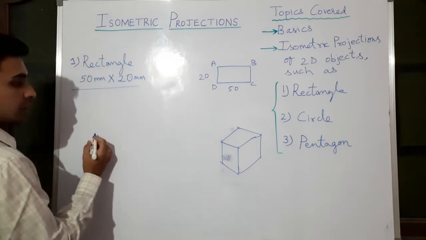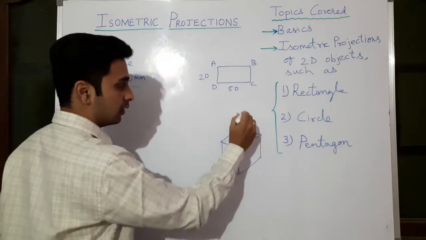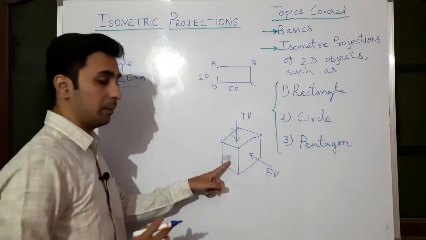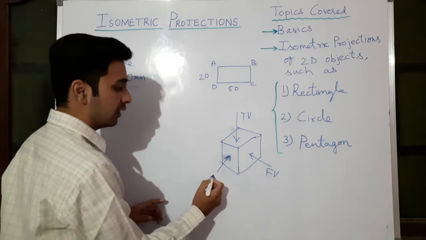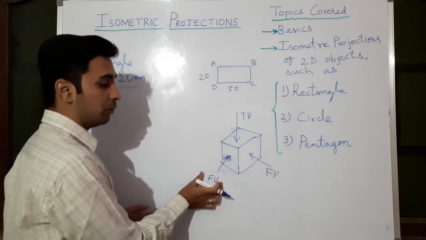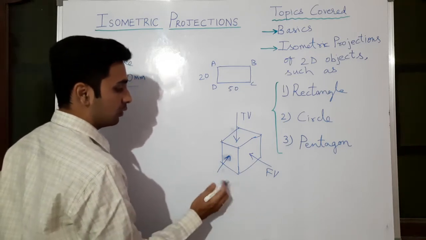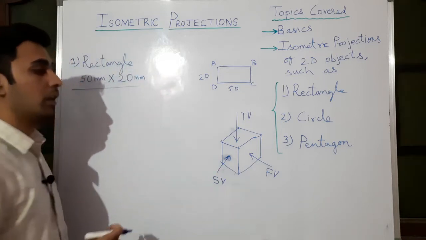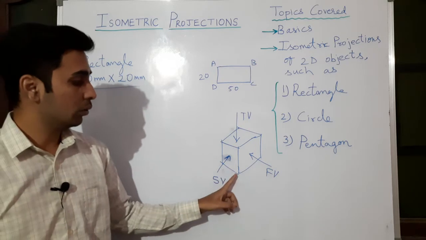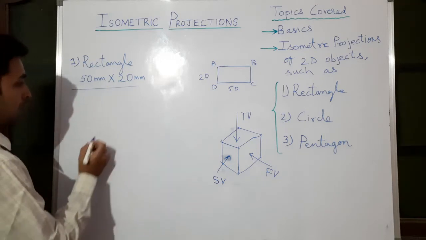If you see this 3D diagram from there, this surface is the top view, this surface is the front view. If this is the front view, this will be the side view. If you are treating this as the front view, then ultimately this will become the side view. So either or, sometimes this will be the front view from this side, or this will be the front view. In which direction you are looking, that depends. So you can treat this as side view, but top view remains the same irrespective of this direction or this direction. So basically you need to learn the front view in this direction as well as in this direction. So for the two front views we will have two diagrams.